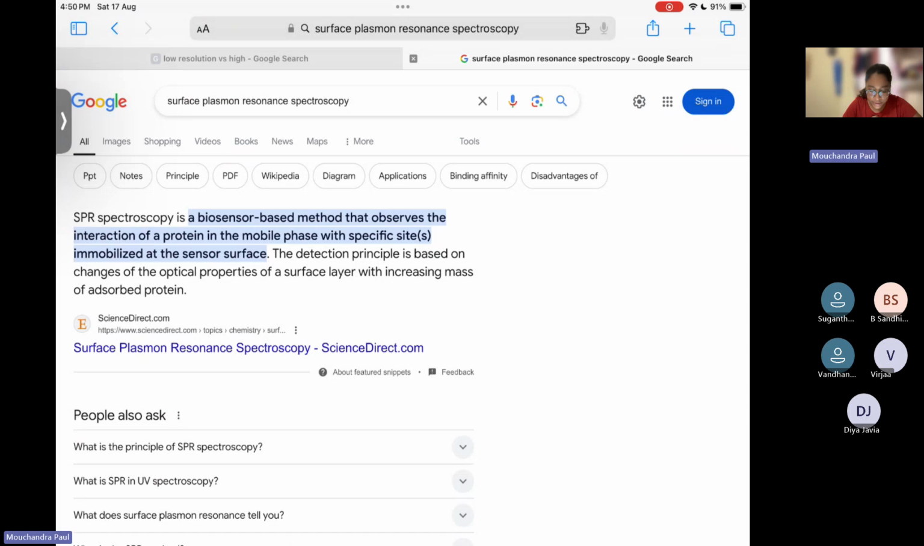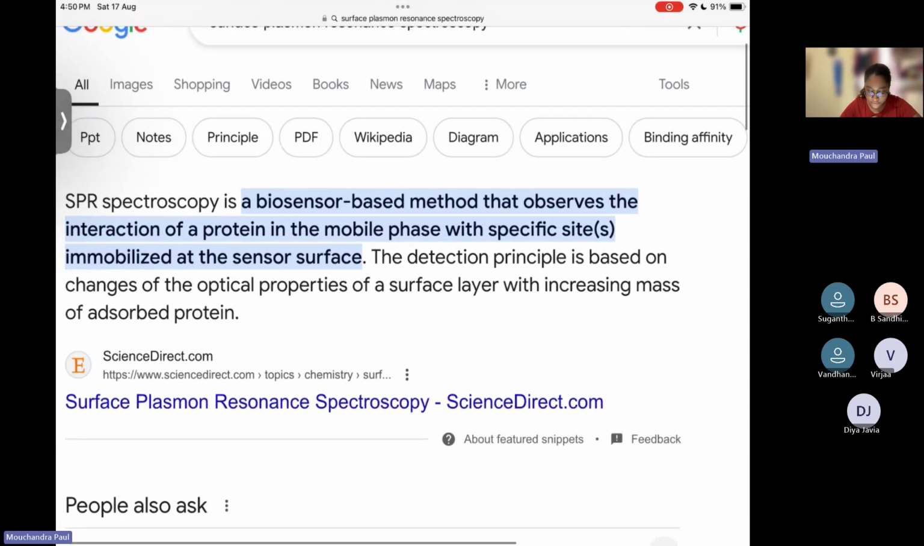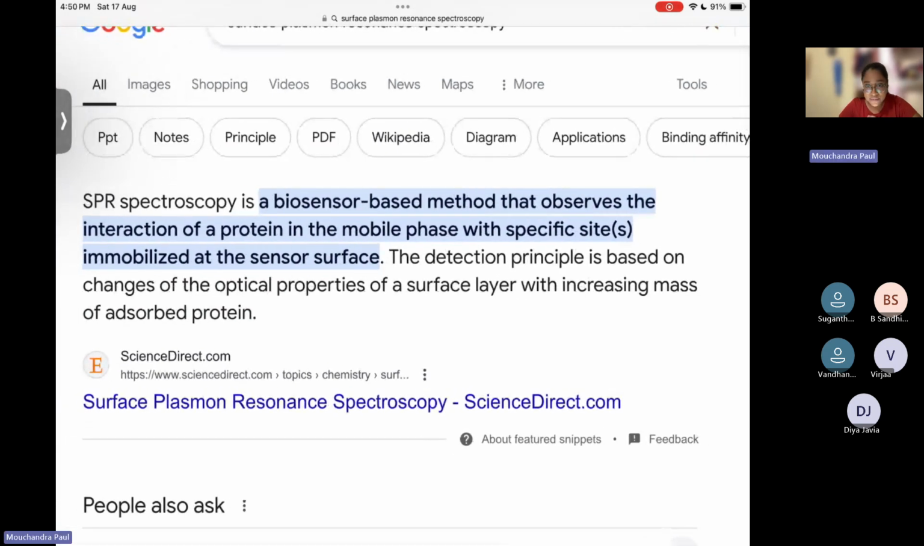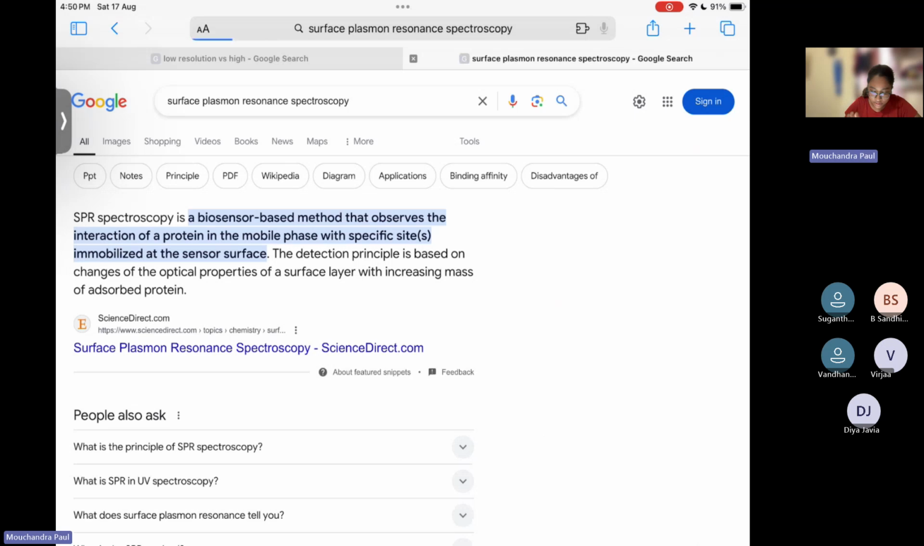So this spectroscopy, as it is mentioned here, look here. It's a biosensor based method that observes the interaction of a protein in the mobile phase with specific sites immobilized at the sensor surface. The detection principle is based on the changes of the optical properties of a surface layer with increasing mass of adsorbed protein. So, yeah,